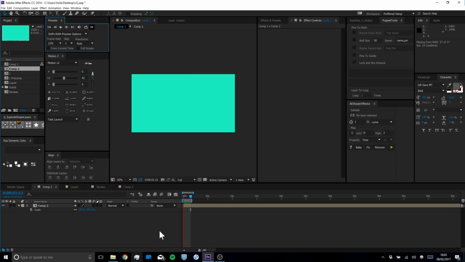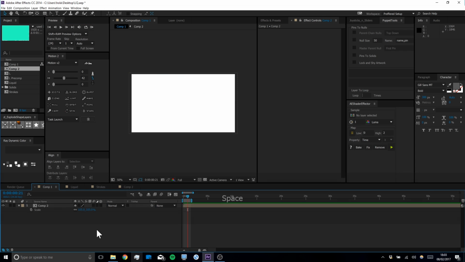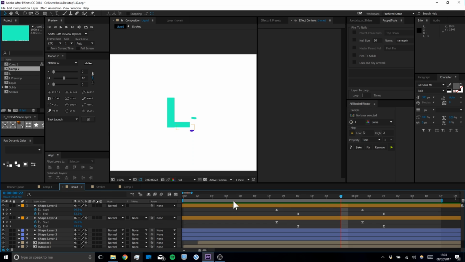So you can apply it to rips, transitions, wipes. I don't really know what else you do it for, but yeah, so basically you're having a line come on, which is the paint stroke, which then does this mask reveal, and you can apply that to anything you want really. A really good example actually was